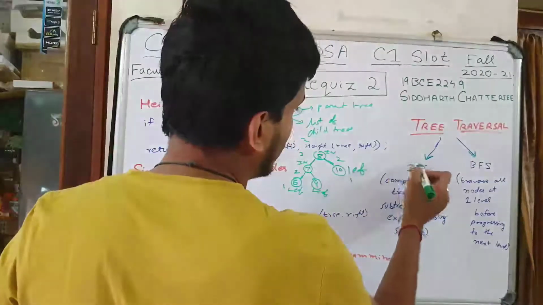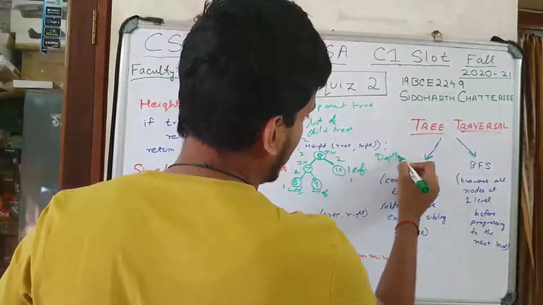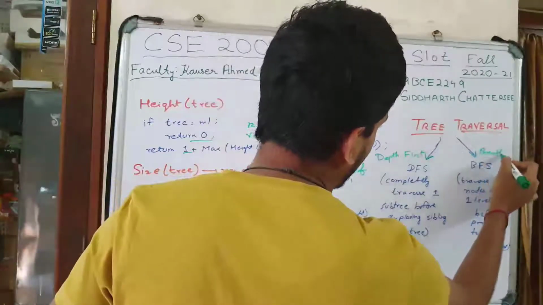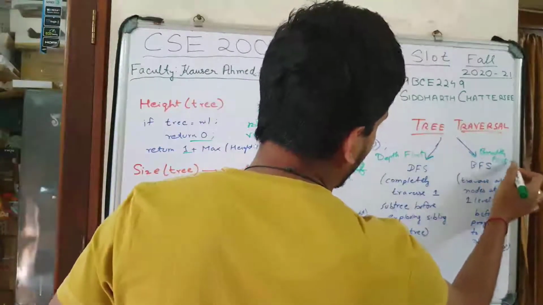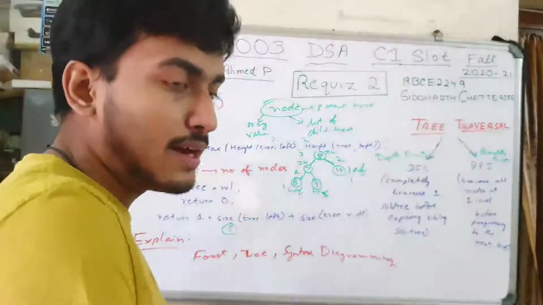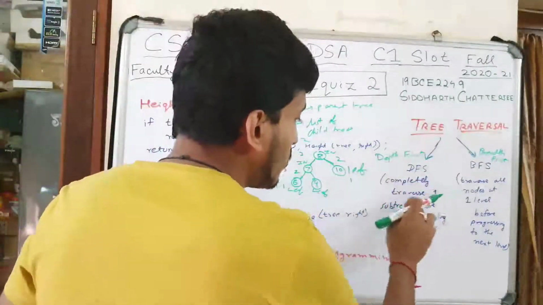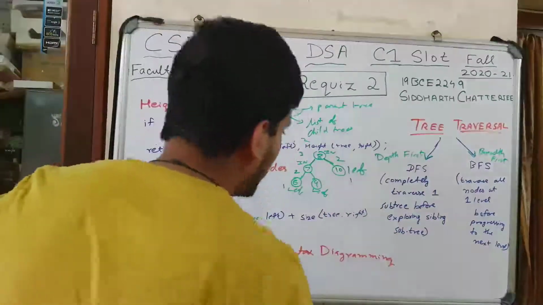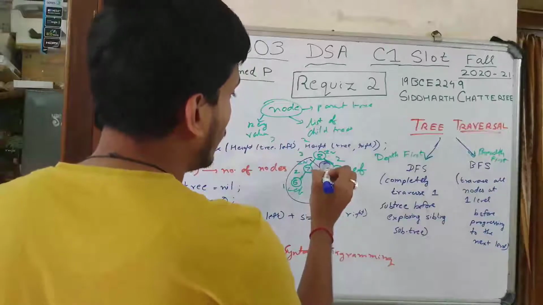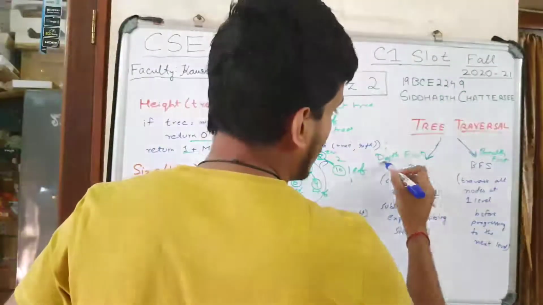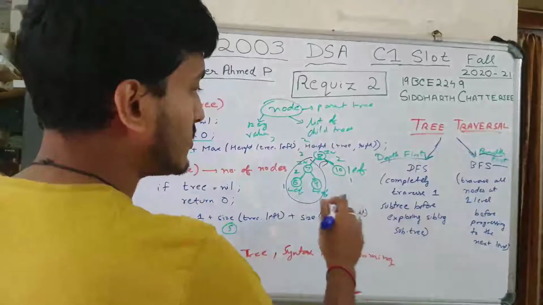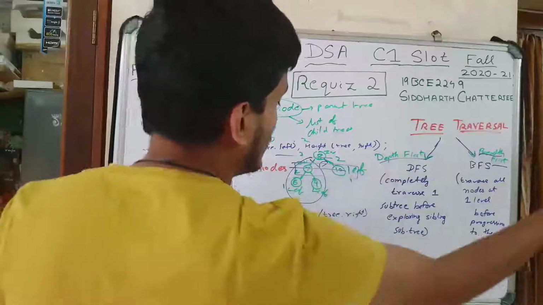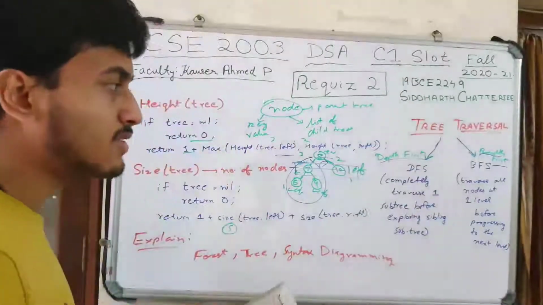One is depth first search, and the other is breadth first search. As the name suggests, depth first is about the depth, the height. So it will completely traverse one subtree before exploring a sibling subtree. This is what depth first is. And then breadth first traverses all nodes at level 1, like this is level 1, this is level 2. So it will completely traverse the nodes in level 1, then go to the next level, and the next level.